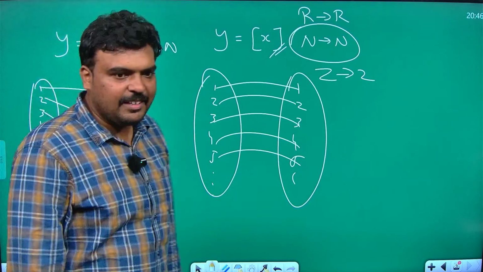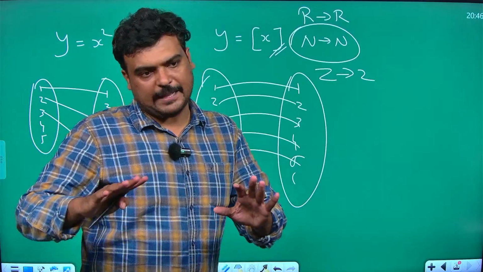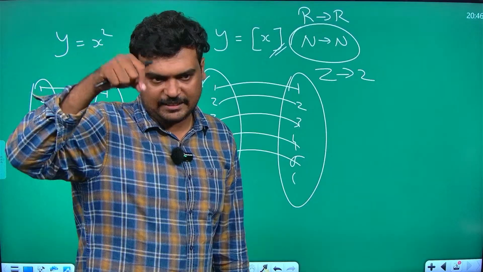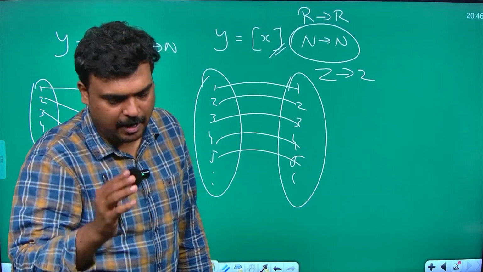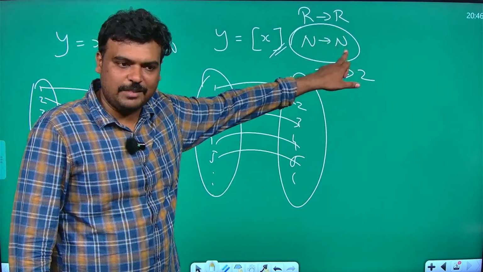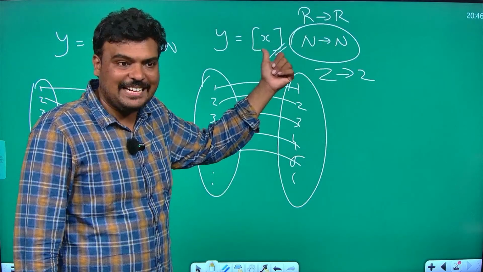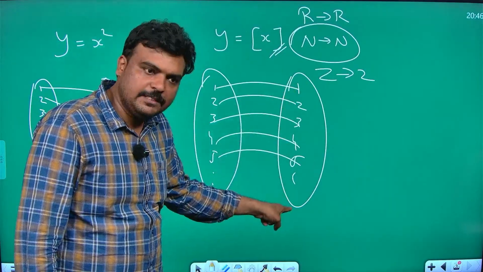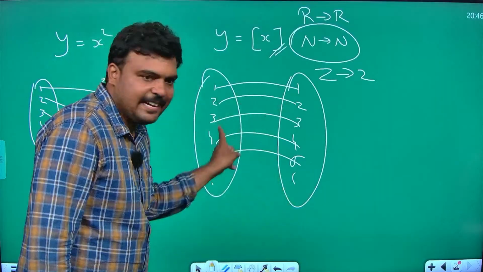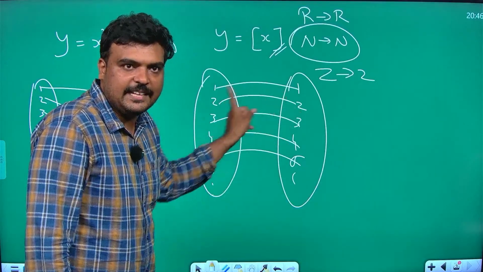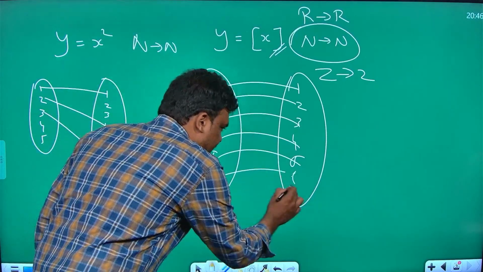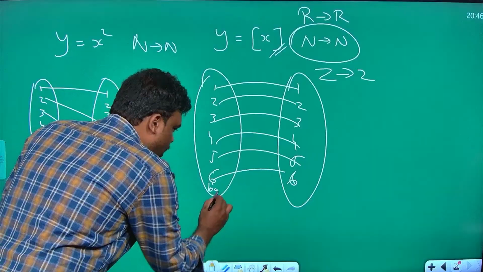Right? Sir, what I have seen now is only 1 to 1, that is injection. How to conclude for surjection, that is my onto function. Now look, when I say natural number to natural number, my greatest integer function will act so that everything will be mapped. All the numbers here will be mapped here. See, mapping is this line, nothing else. What is mapping? It is the line. If I have a 6, this will go to 6. If I have 100, it goes to 100.